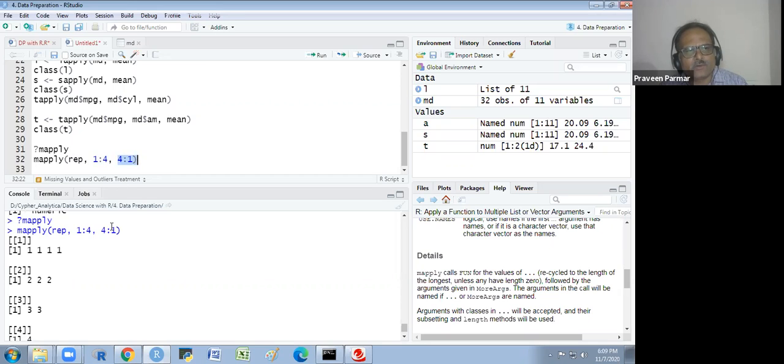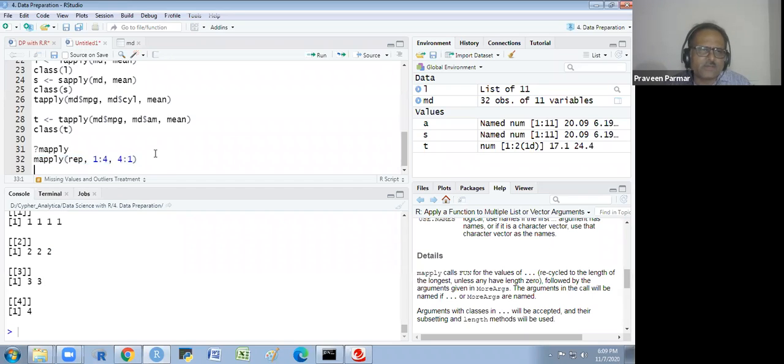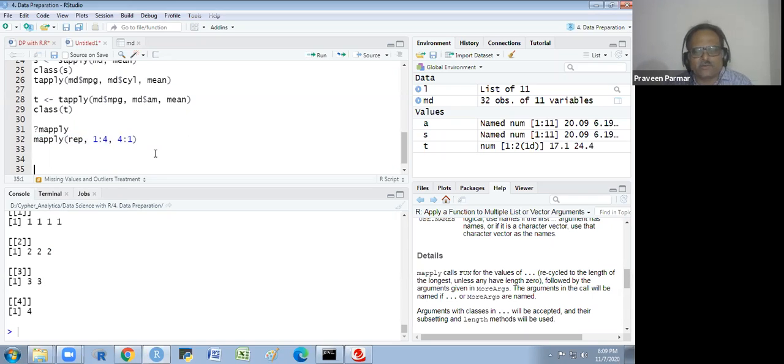The first is 4 times, second is 3 times, then third is 2 times, then 4 is 1 time. So in this way, but we have not used it so far. It is not applicable in the data analytics part most of the time. So you could read it on the internet wherever the data frame we require this. I have not seen it somewhere in data analytics.